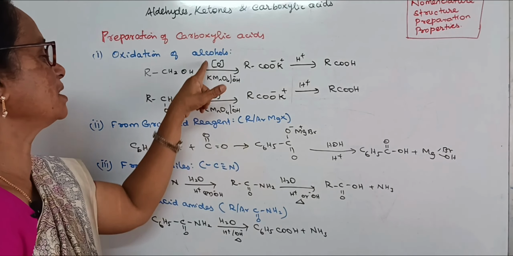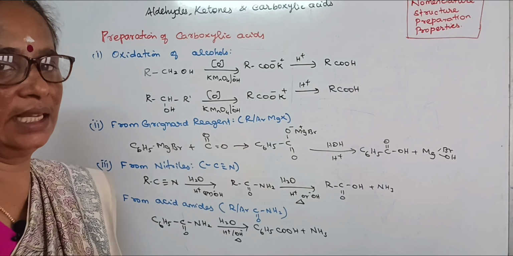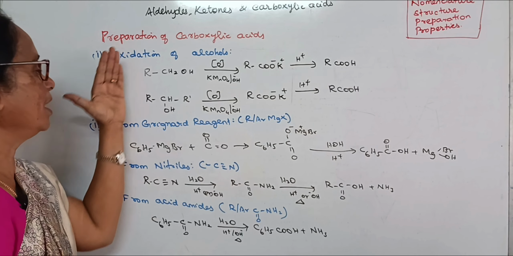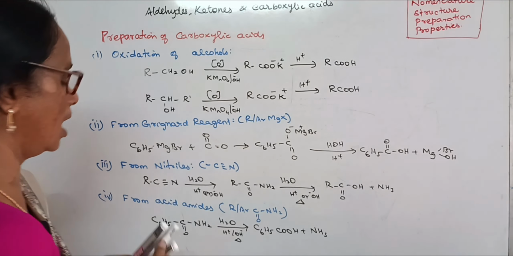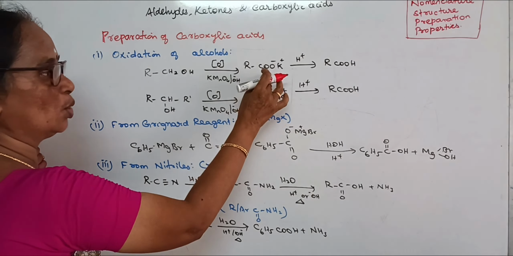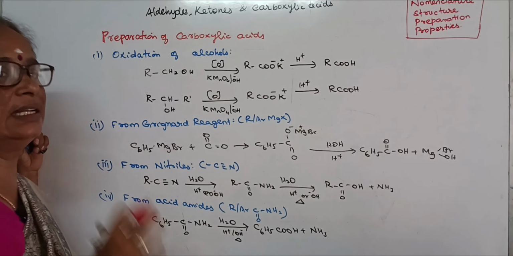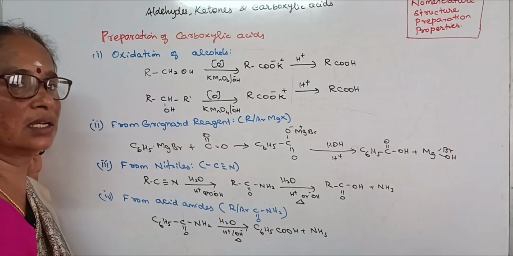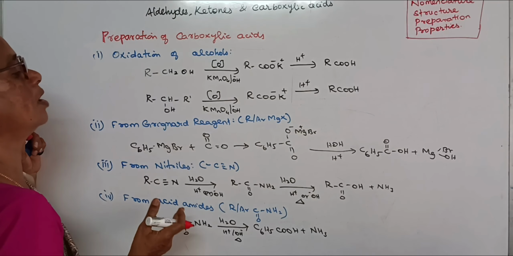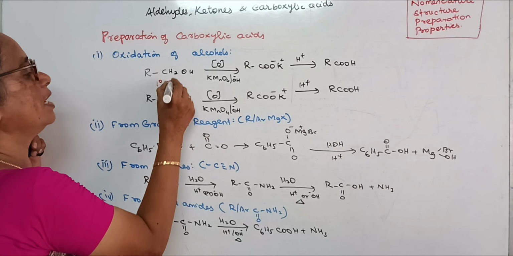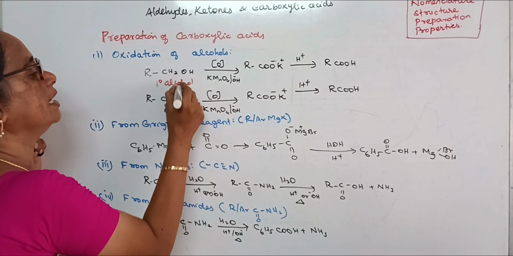So in the presence of a strong oxidizing agent, primary as well as secondary alcohols can be oxidized to carboxylic acid, and the details of the reactions we already discussed in both chapters, the alcohol chapter as well as the carbonyl compound chapter. So this is the primary alcohol which, on oxidation,